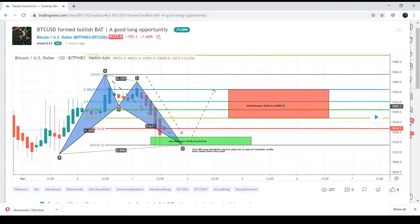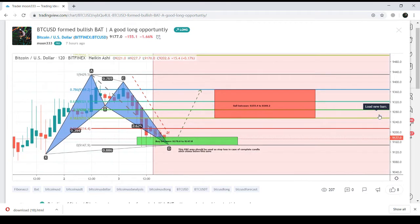And on this chart, you can see the price action has completely formed a bullish bat pattern. First, the price action hit two spikes within this potential reversal zone or buying zone area. But now when I play the idea, you can see the price action has completely entered the potential reversal zone. And now it is going to take the bullish divergence very soon and hit this sell zone